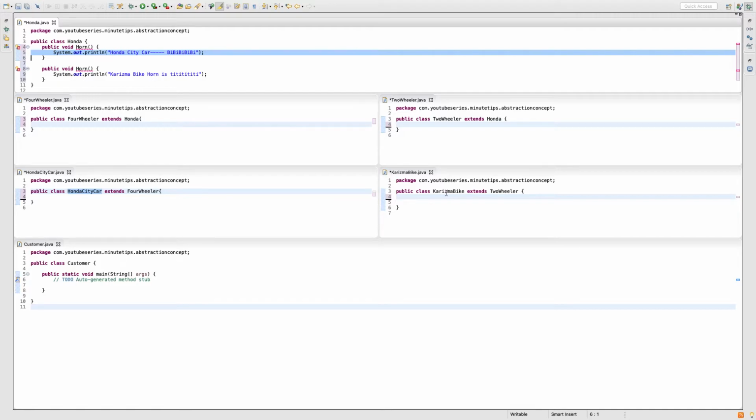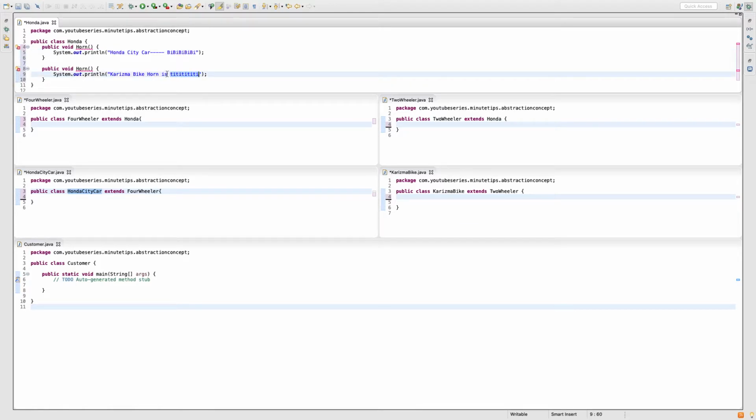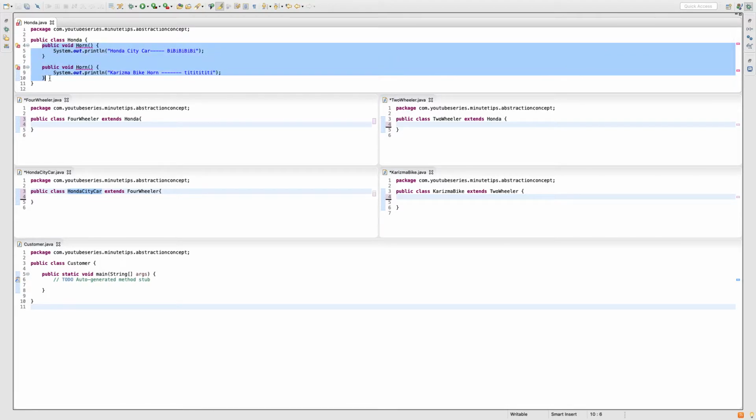My two-wheeler bike Charisma, the sound is TTT. Now you can see at my parent level, I cannot write two methods with the same name. So now you can see here it is a problem.